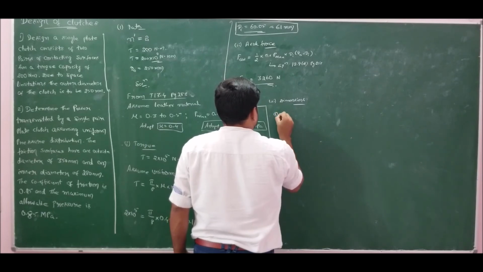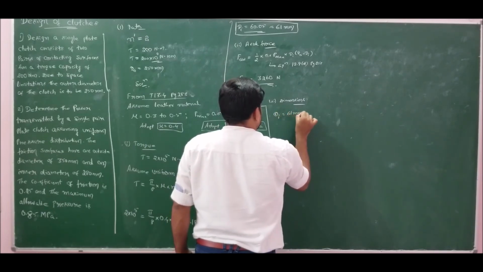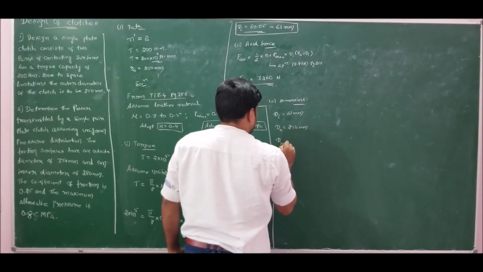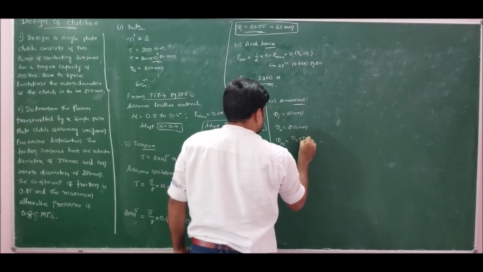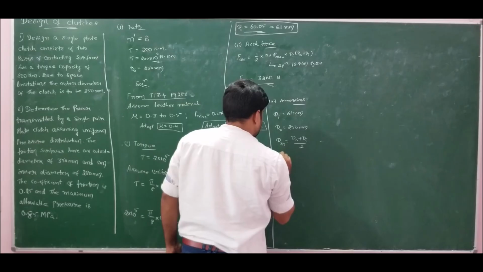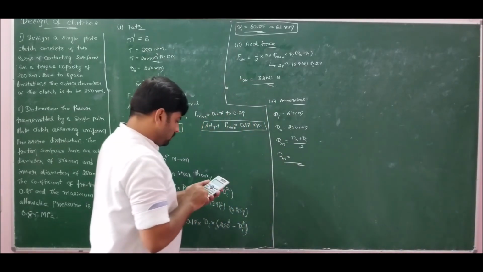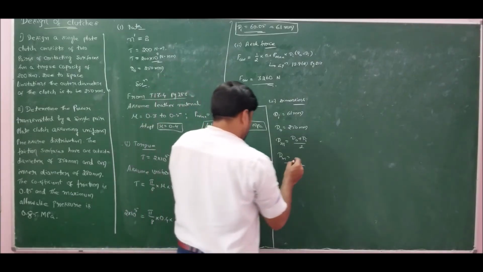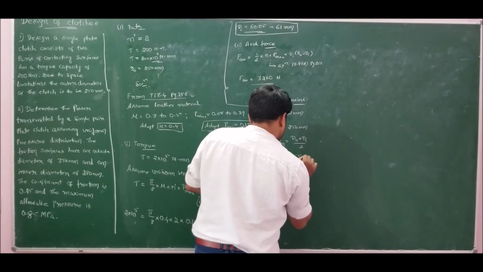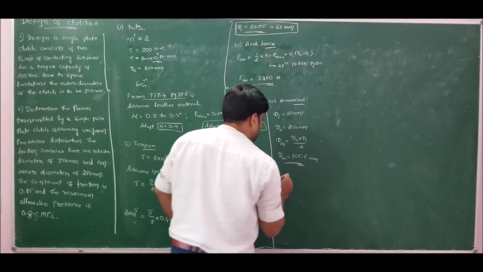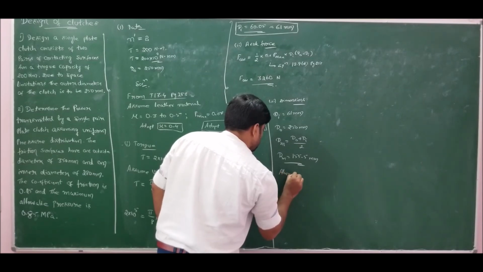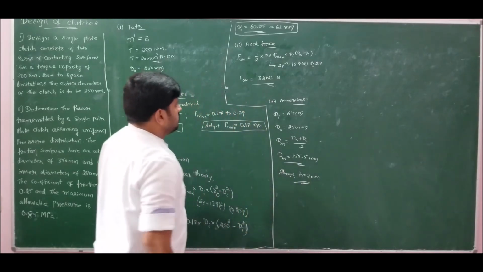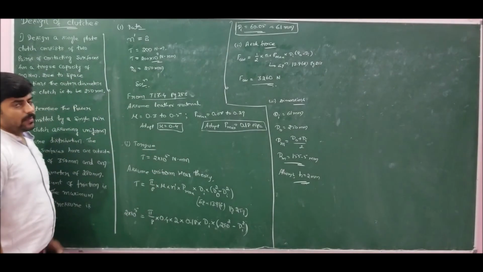d inner is 61 mm, d outer is 250 mm, d mean for uniform wear theory is d naught plus di by 2. So therefore mean diameter will become 250 plus 61 by 2, which is 155.5 mm. Always the thickness will be 2 mm. Thickness H is 2 mm. So this is the solution for problem number 1.